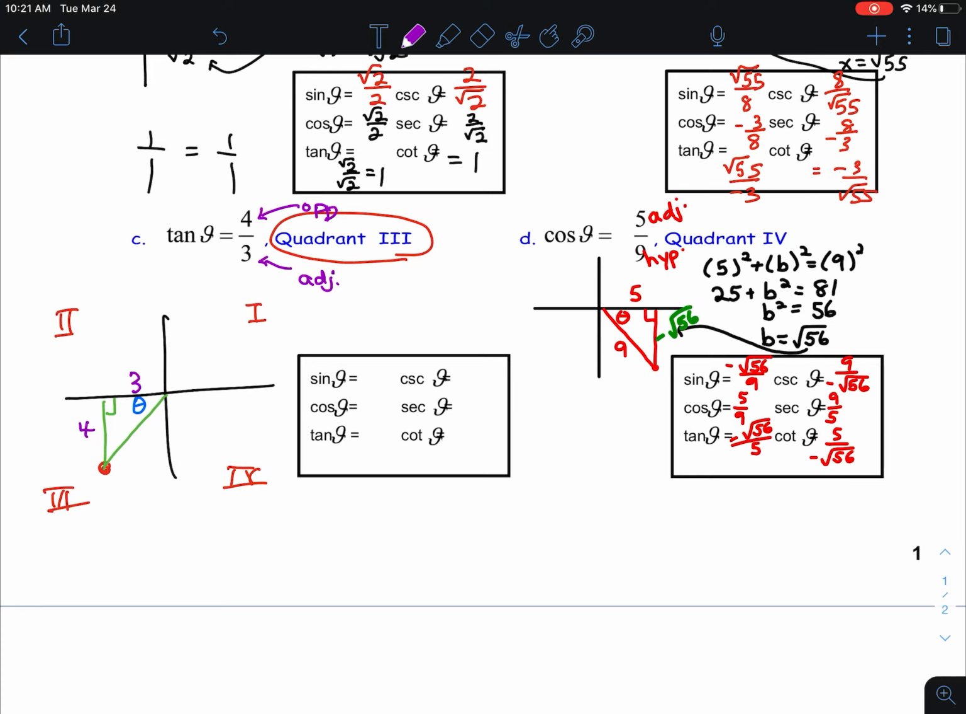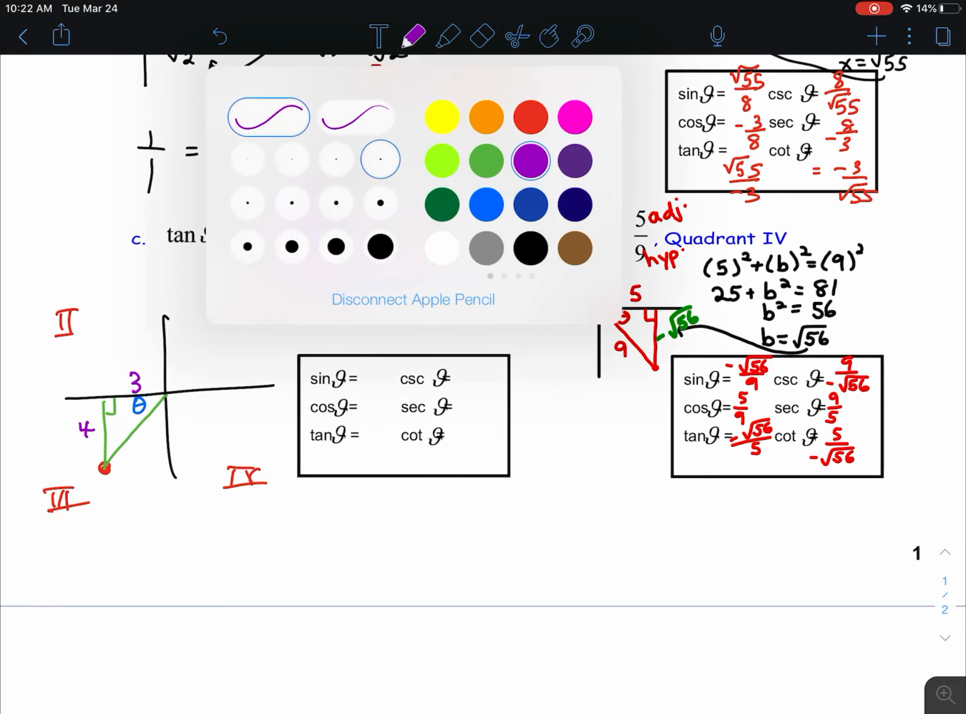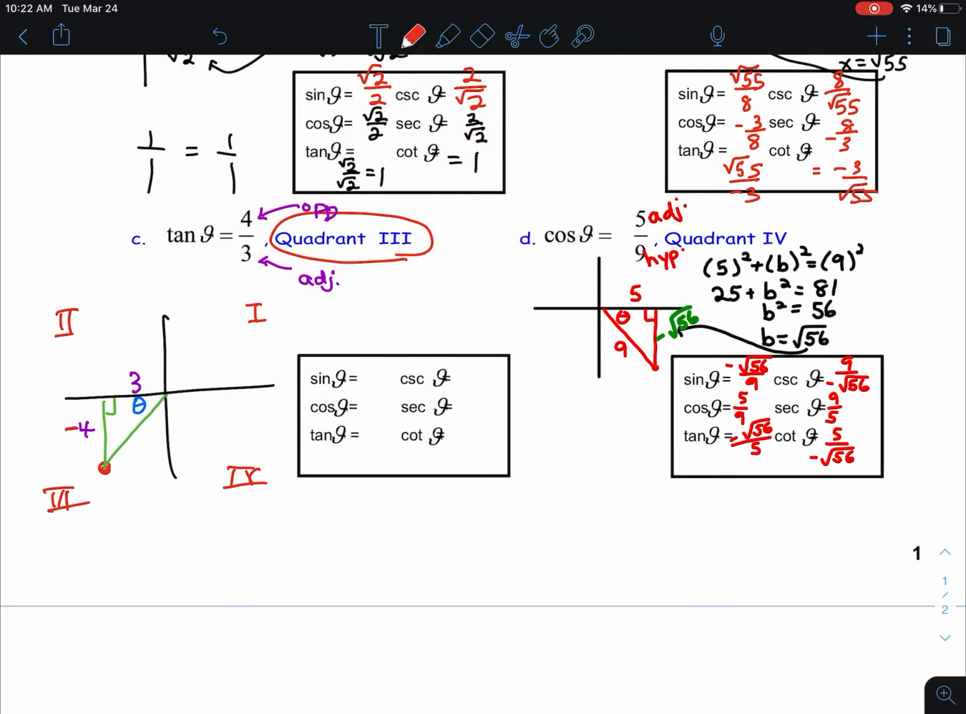The adjacent leg is 3, but I want you to look at this picture. I really should not be labeling this as 4, and I really should not be labeling this as 3. See how this vertical leg is on the bottom half of the y-axis? It is up to me to make that 4 a negative when I add it to the picture, and that is why it is